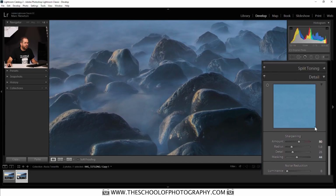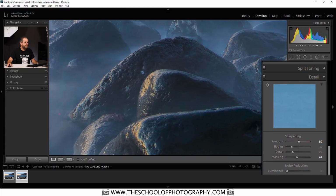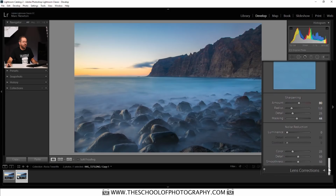I'm going to toggle on and off the detail panel so you can see the difference. So that's without the sharpening, and that's with the sharpening. I'm just going to zoom in a little bit further. So we're at 100% of the pixels now. And that's without sharpening. Now you can really see it. And that's with sharpening. Without and with. So you can see that that tiny little adjustment makes a hell of a difference. Let's zoom out again. And the next panel that I'm going to come down to is the lens correction panel,